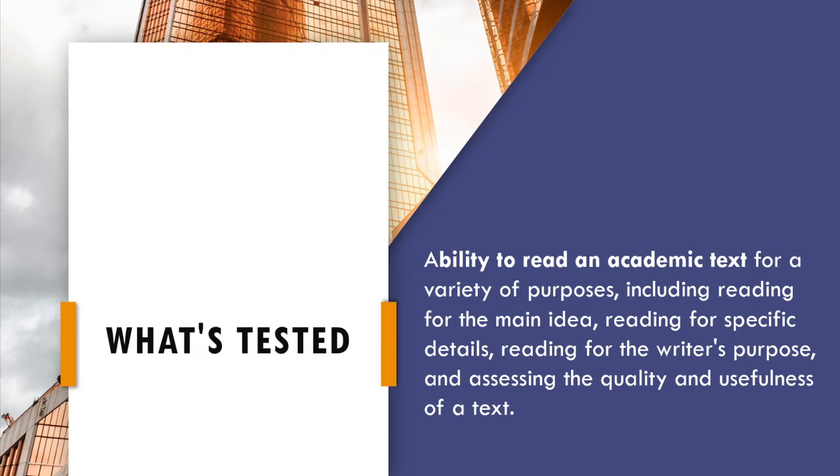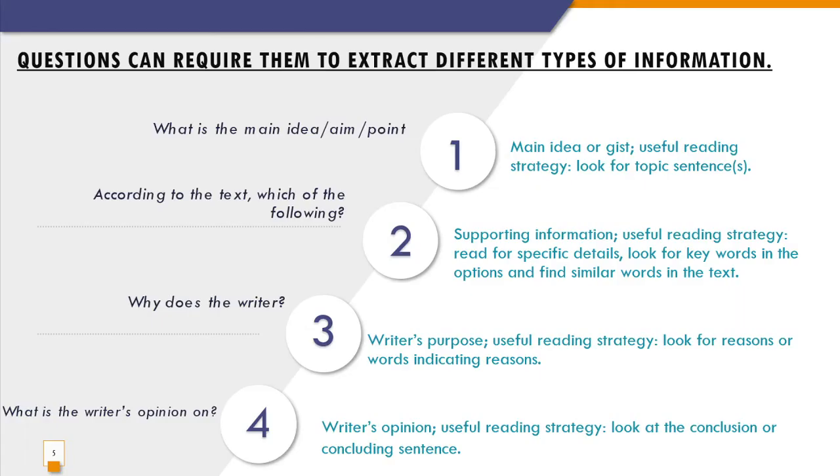So that is why it is difficult to choose which is the correct option among the given 4 or 5 options that you get. So it tests the ability of the student to actually look for specific details and understand the writer's purpose and assess the quality and the usefulness of the text. So try to understand the meaning. That is a very important part of this exercise, but don't put a lot of time into doing these exercises. That is also quite important.